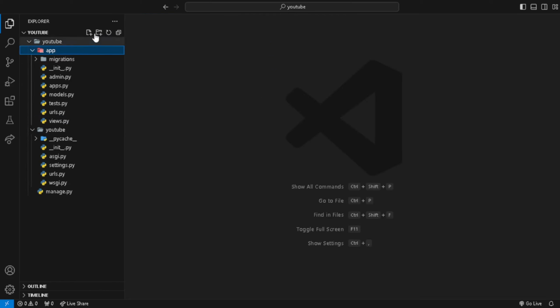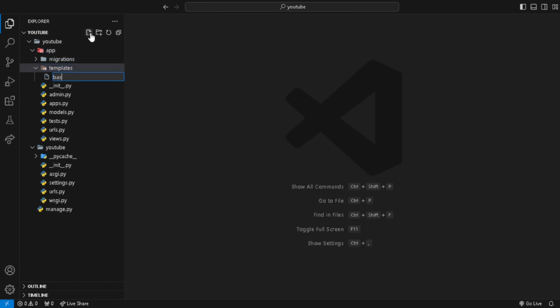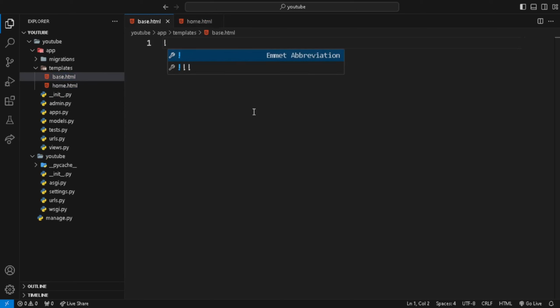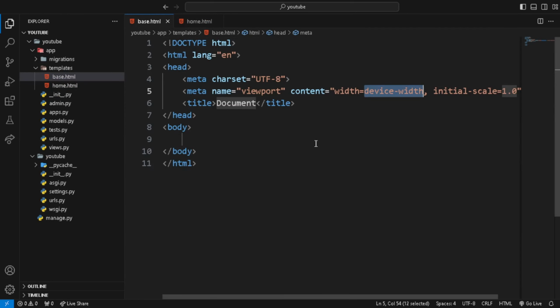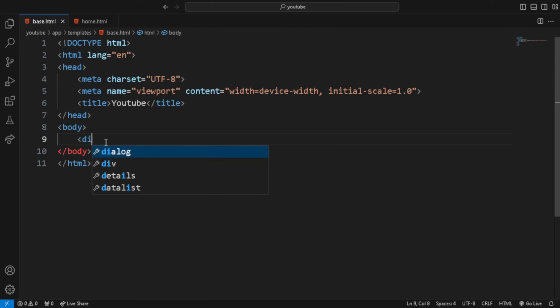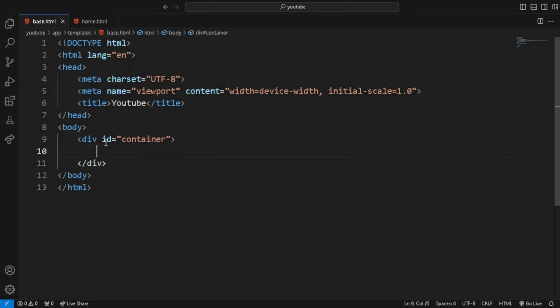Now in the app folder, create a new folder called templates, and in that create a new file called base.html and also home.html. In the base.html, just press shift+1, which will bring up an exclamation mark. Just press enter to get a basic HTML code. Now let's change the title to YouTube, and in the body we need to add something. In here I'm just going to add a new container or a div and give it an ID of container,